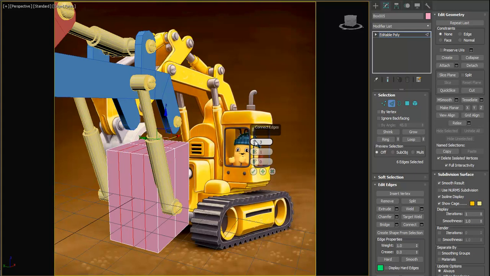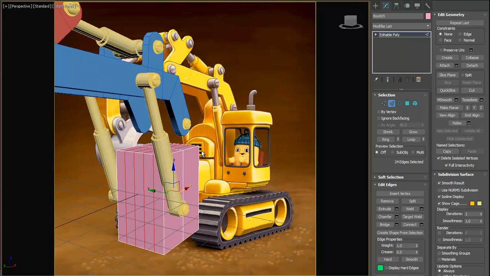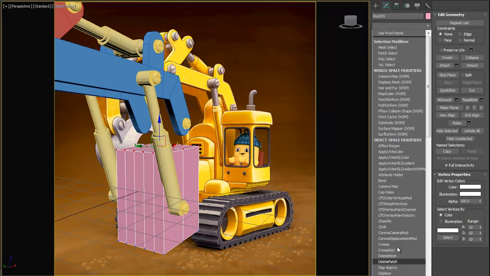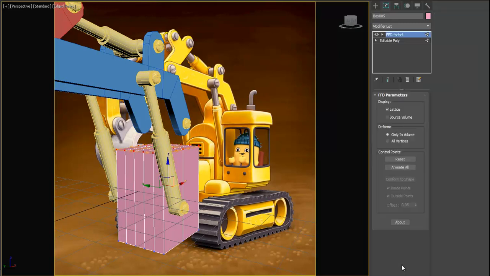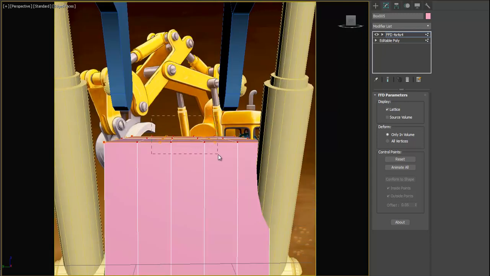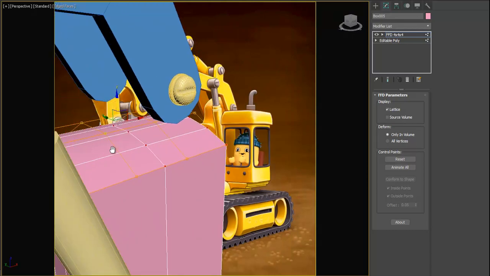Let's add 3, maybe 4, and let's select these upper vertices and add FFD modifier, and let's activate this FFD and select this middle part and bring it up. Okay,